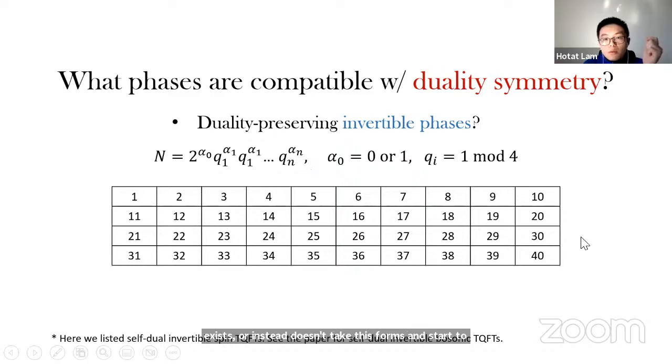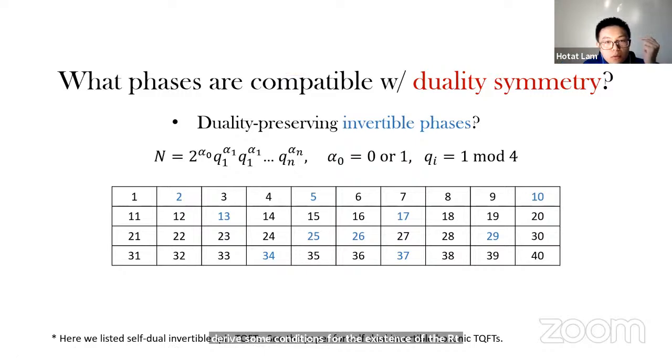So now let me highlight some of the N's that can have a non-trivial self-dual SPT. These are the N that obey these conditions, so they are highlighted here. We see that the minimal N that can have a self-dual invertible phase is when N equals 2. And the minimal N that does not have a self-dual invertible phase is when N equals 3. And there are also various other N's that you can see from the table. Okay, so now we derive some conditions for the existence of duality preserving invertible phase.